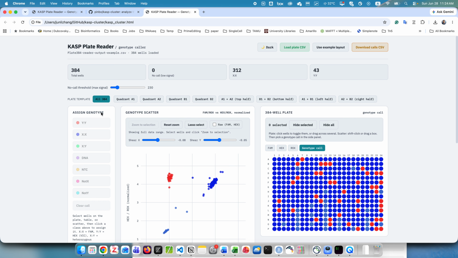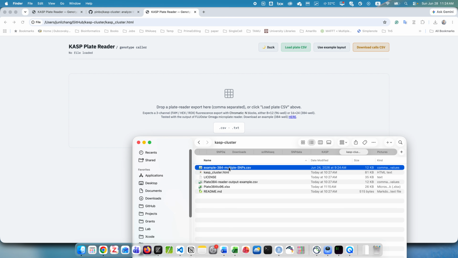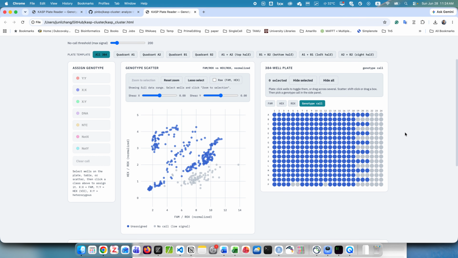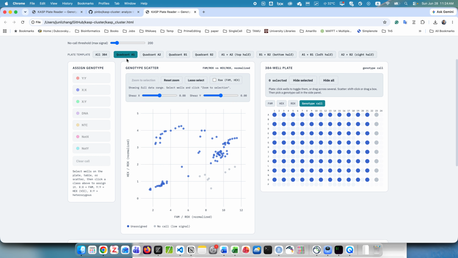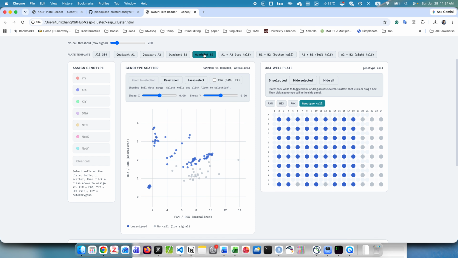So I will show you another example. You can just refresh it to restart using this example, multiple SNPs. For me, there's a different template, right? You can have a quadrant A1, A2, B1, B2, but for me, because I use an 8-channel pipette to add